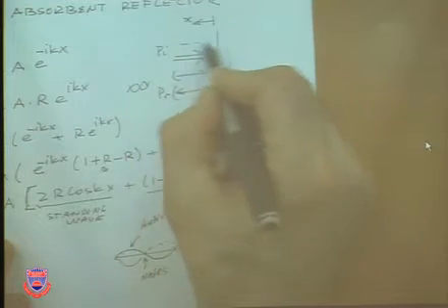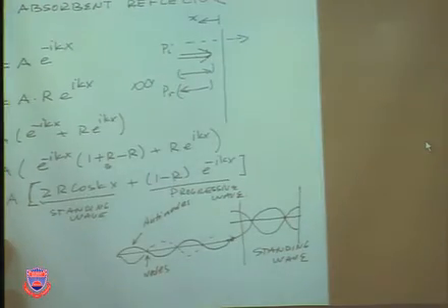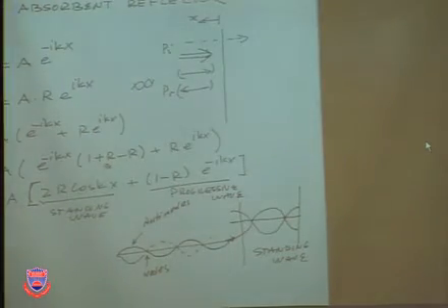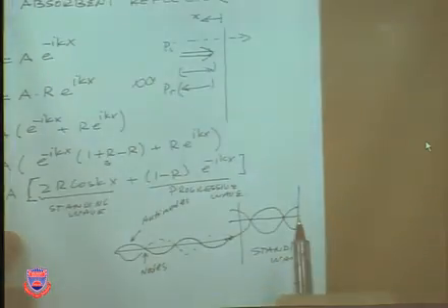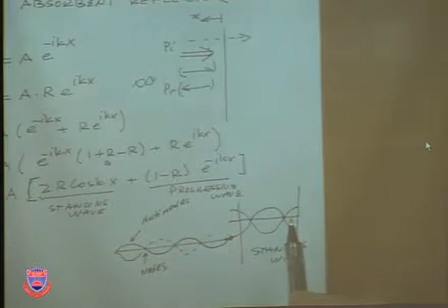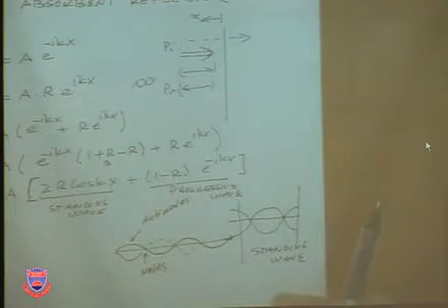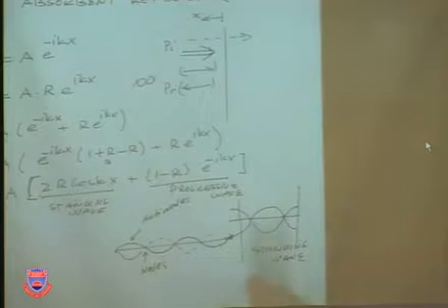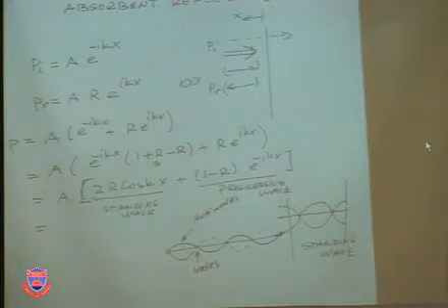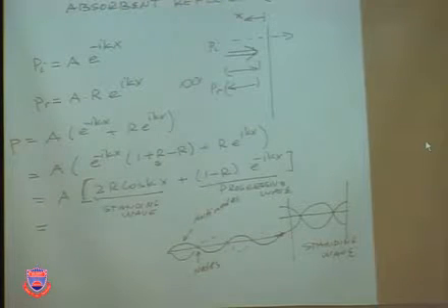Yet some of it continues to go in to the other side. So there's a flow of energy, which we haven't calculated, that's always going, but at the same time there's an amplitude here. But the amplitude of that is not 2A anymore. It's less than that. And in fact, the standing wave amplitude is,